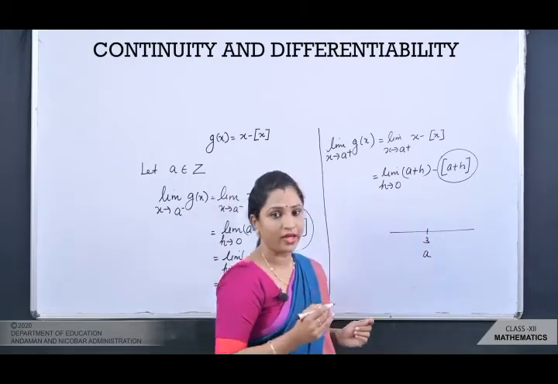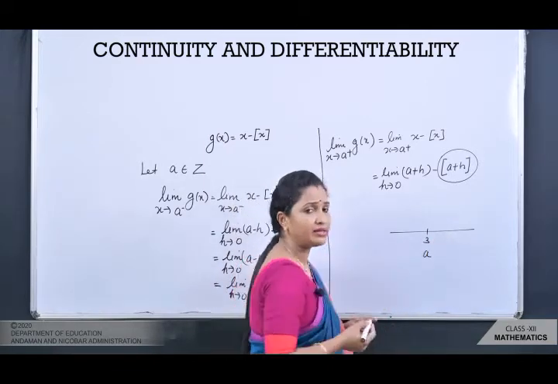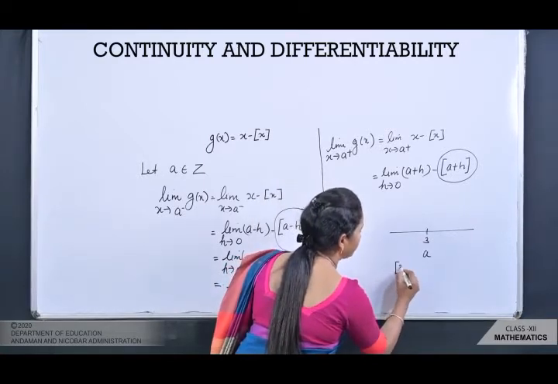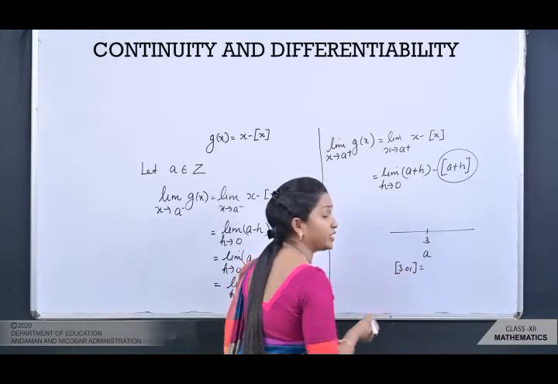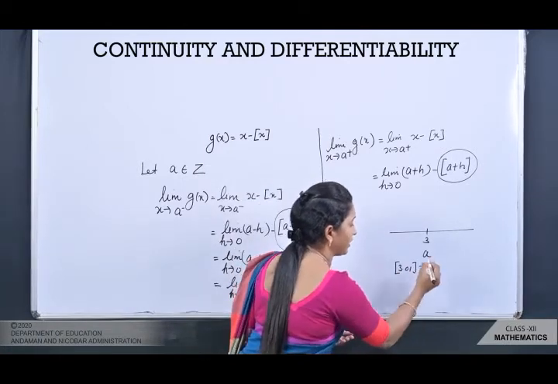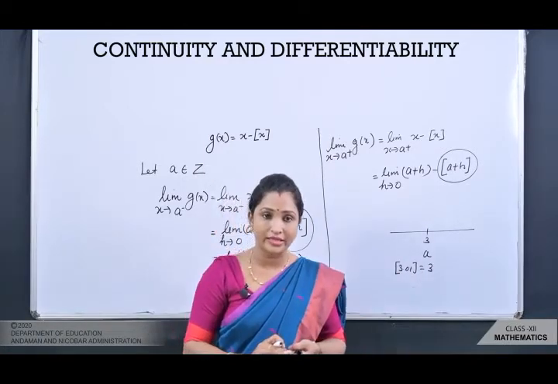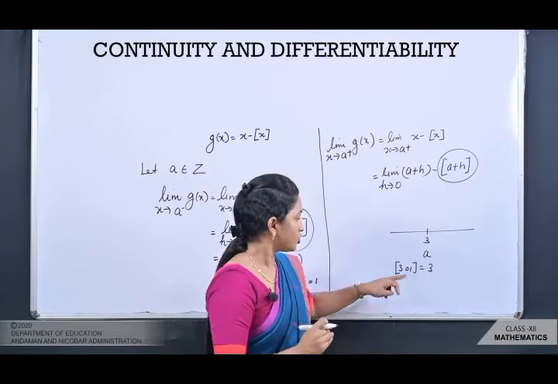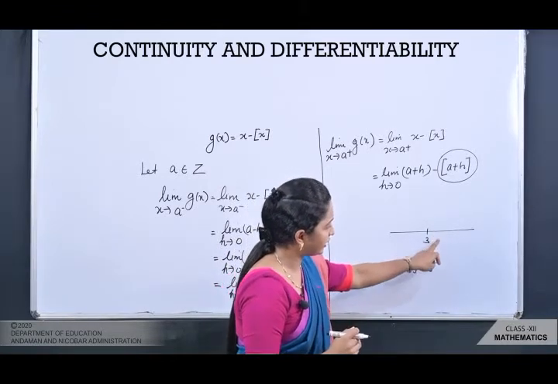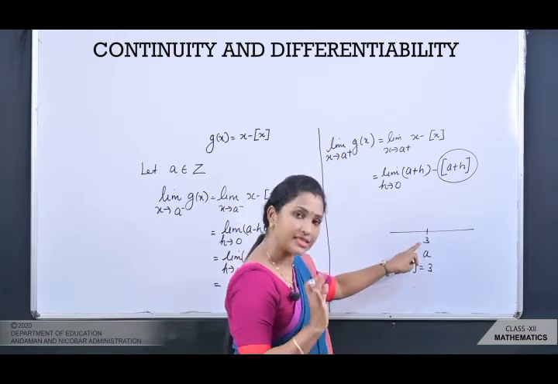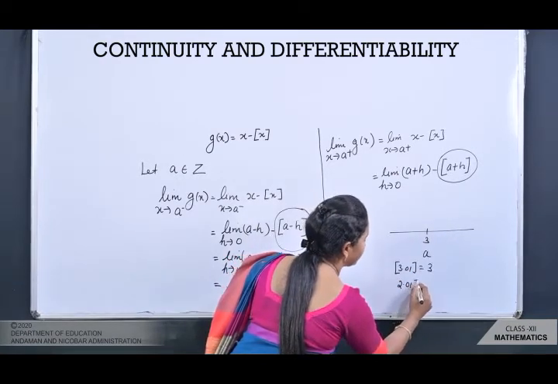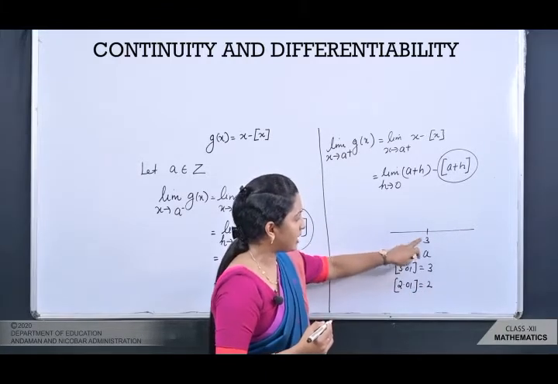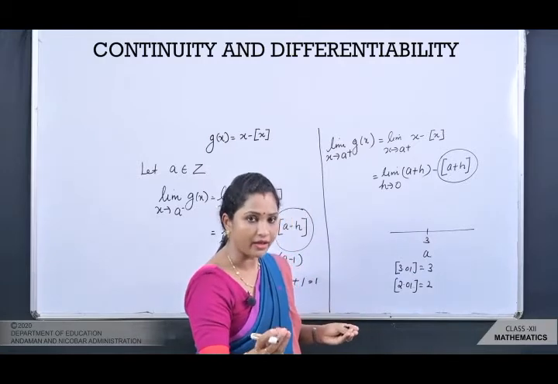Slightly greater than 3. Okay, so if you are taking slightly greater than 3, suppose 3.01, आपने थोड़ा कुछ add किया 3.01, and if you find the greatest integer of 3.01, the answer will be again 3, because the definition of greatest integer is that it means the greatest integer less than or equal to x. So 3.01 is 3. That means if you take greater then also you are going to get a. अगर आप 2.01 if you are taking आपको 2 ही मिलेगा यहाँ पे.